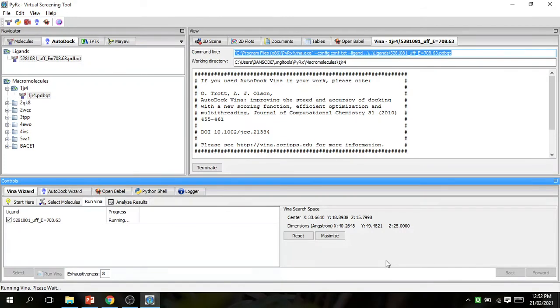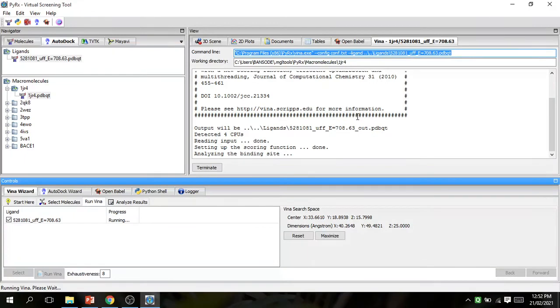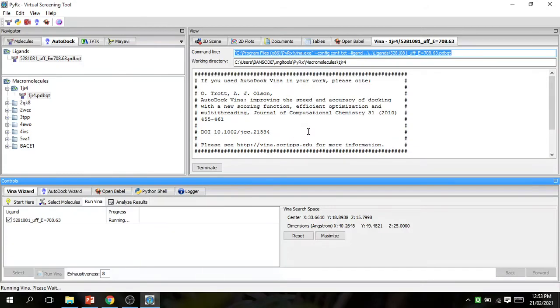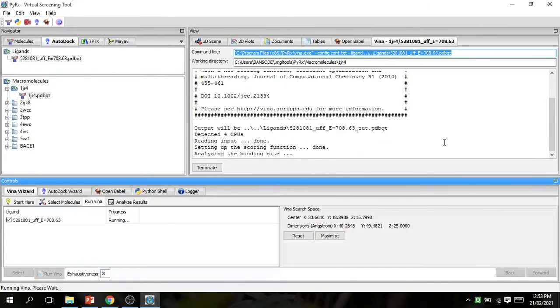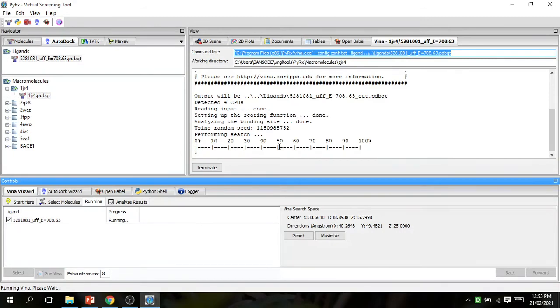After forward, the screening started. Wait for the percentage, from 0 to 100%.